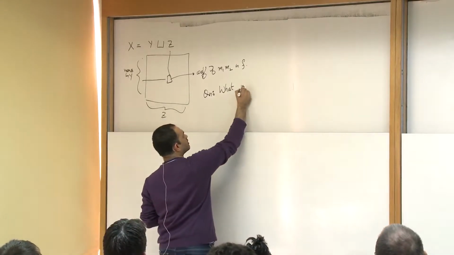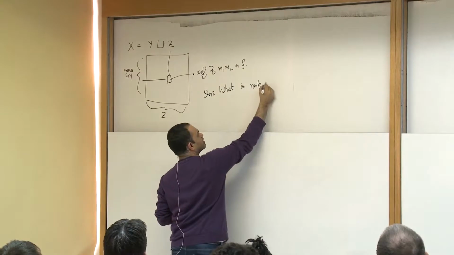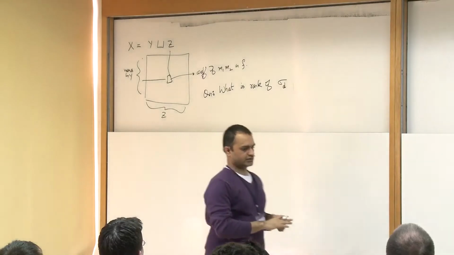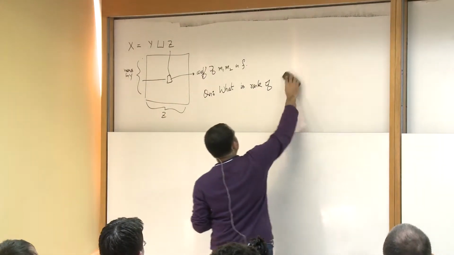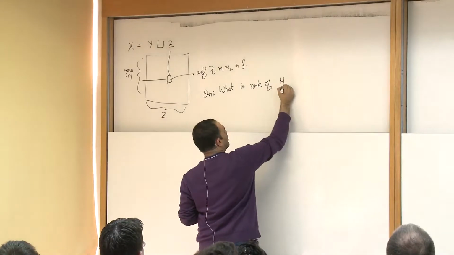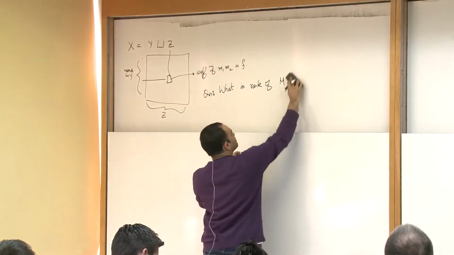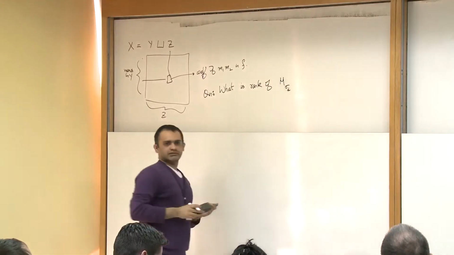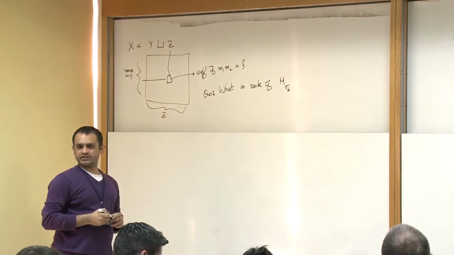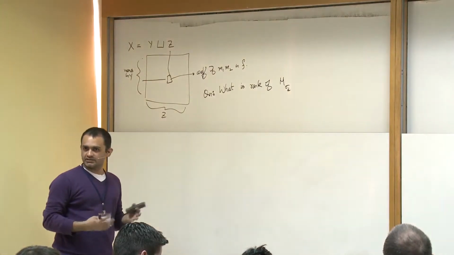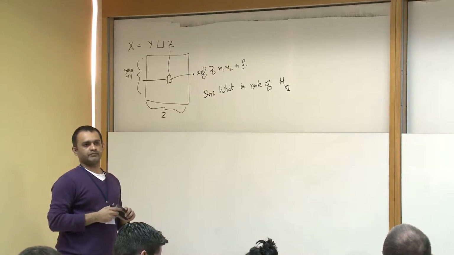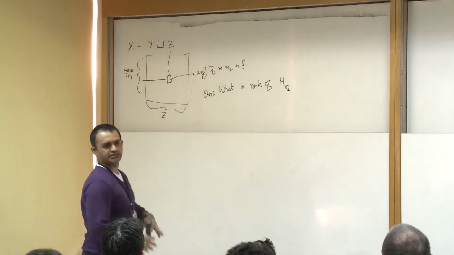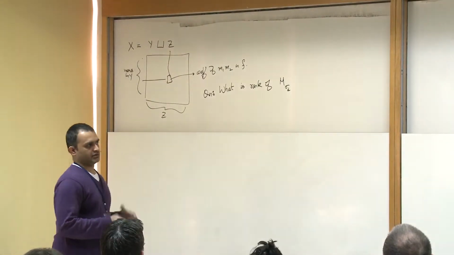Here's a question. What is the rank of sigma, or rather m of... what did I do? M sub something? So if I take the polynomial to be the elementary symmetric polynomial, do I expect this rank to be large? Do I expect this rank to be small? Take any partition that you want. So take the set of variables into y and z, and do we expect this to be large?